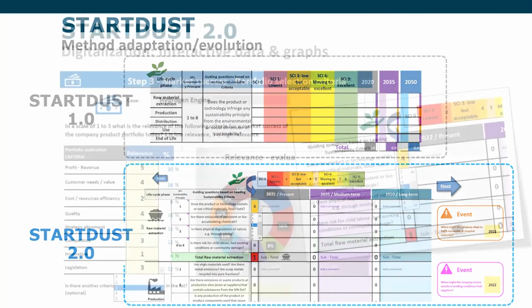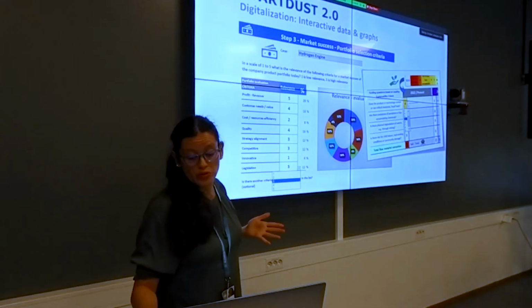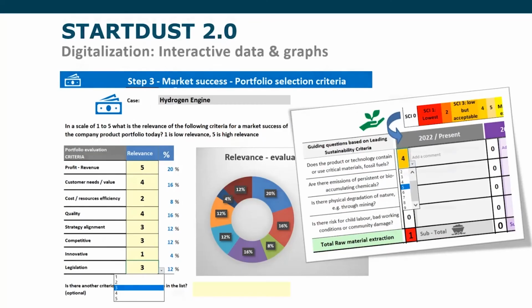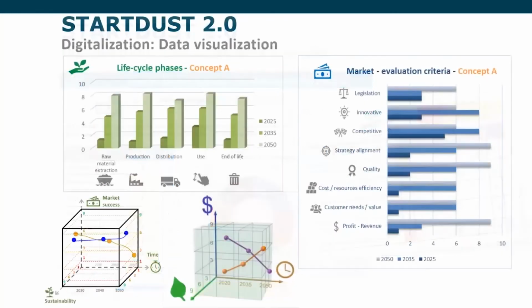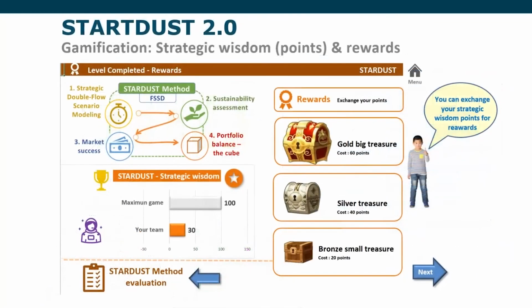process. And as well for the digitalization, we included more graphics, interactive graphics and interactive data, which are very useful for the communication of the process. And as well the visualization, where we were using these graphics that were changing according to the assessment of the process. And as well we included this game-based approach, where we included some serious games, but as well these gamifications